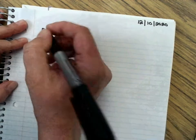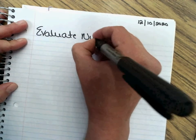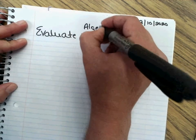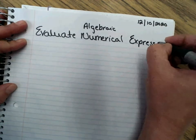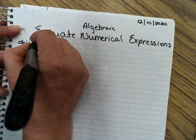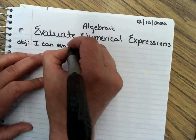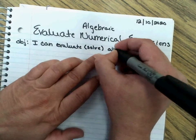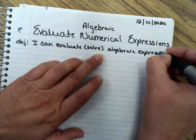Okay, so our title is Evaluate Numerical and Algebraic Expressions. Okay, so here we go. We have an objective. It is I can evaluate, which means to solve, algebraic expressions